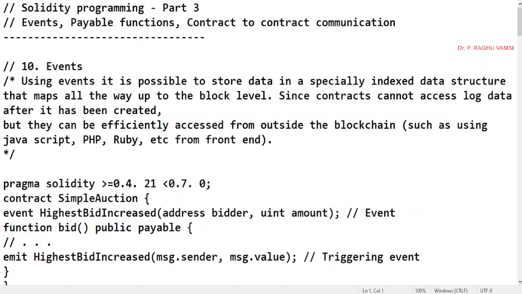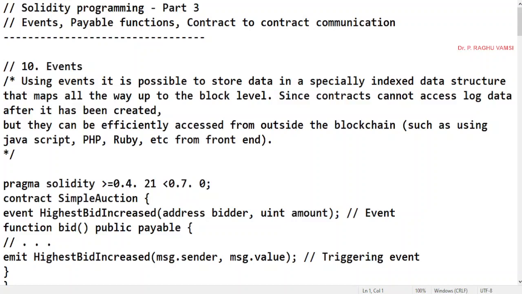For that purpose, we use events. So this event is especially to get the information to the front end.